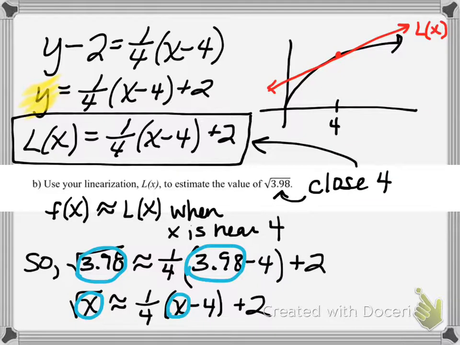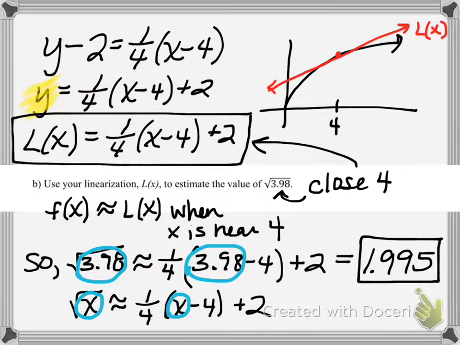And then you could go ahead and use your calculator to actually compute that quantity, and that's going to give us 1.995. Correction, that is exactly 1.995, so let me put an equal sign there. So our estimate for the value of the square root of 3.98 is going to be